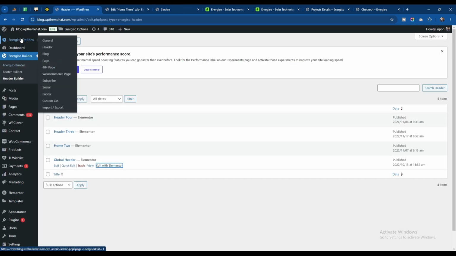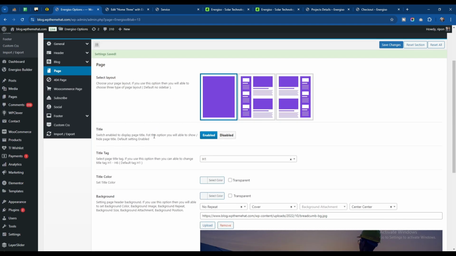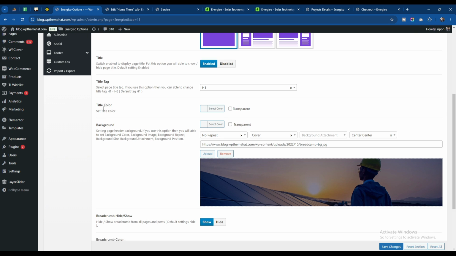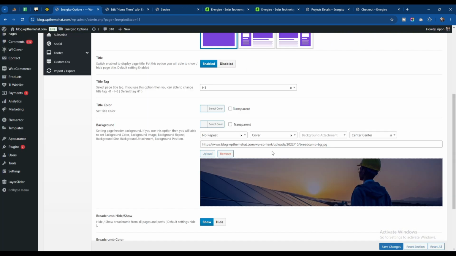We are having options in Energiso options. Then you need to go to the page. Then in the page you will see the title color, then the background. So you want to change the background color of this one. So for making changes, you will have options like this,